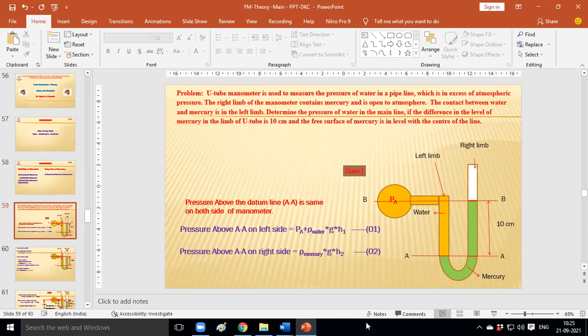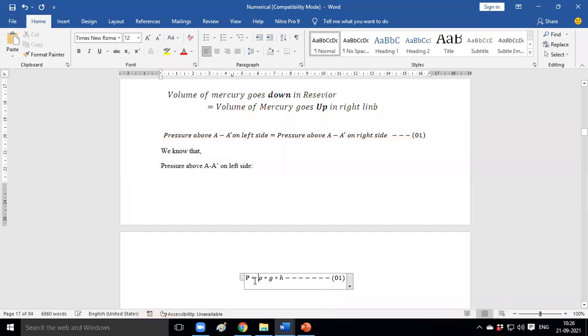Water. Only water, correct. Only water is the fluid available above the datum line in the left limb. So what will be the pressure? P is equal to rho g h plus one more pressure that needs to be added. Which pressure? The pressure in the pipeline. That pressure you need to add above the datum line. So the equation will be P A